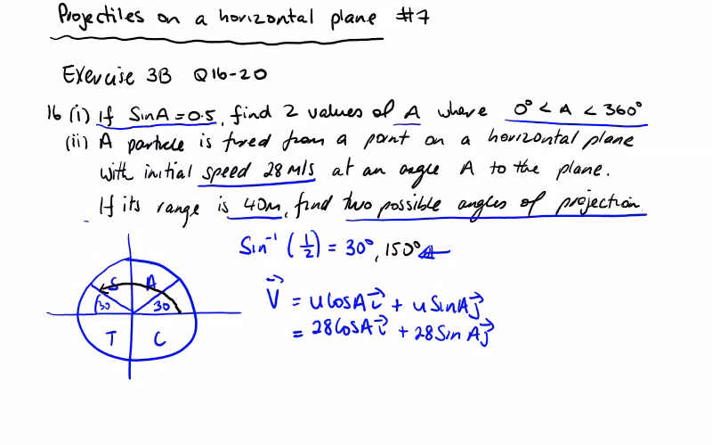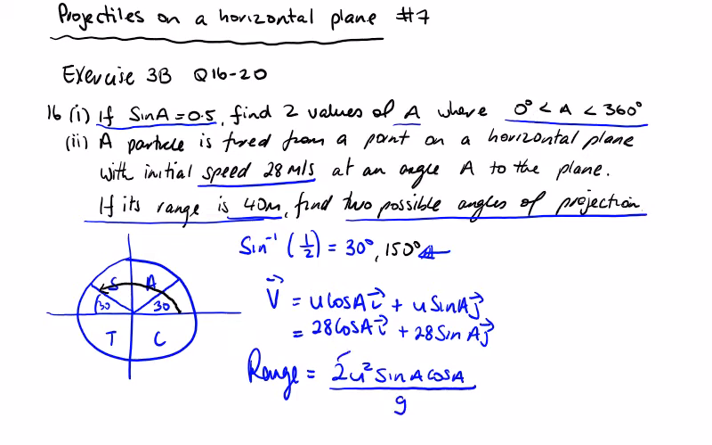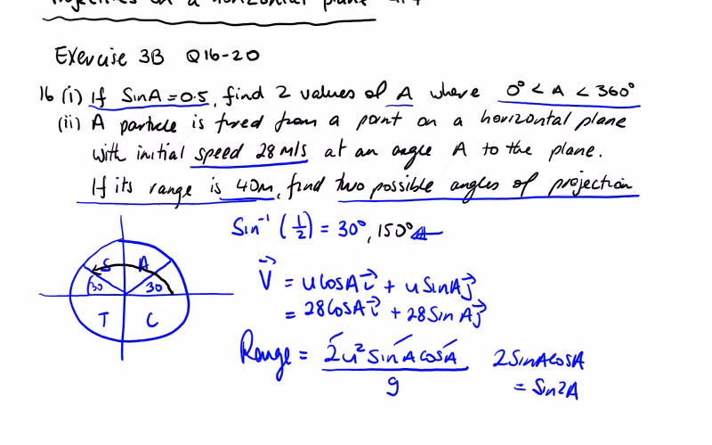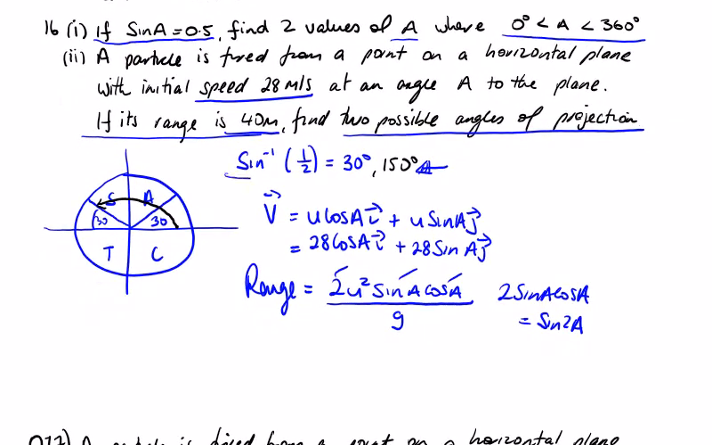And we're told the range here, so we're told s of x, and we know from previous that the range is going to be, well, there's two versions of the range. What we used in the last couple of questions, 2u squared sine alpha cos alpha over g, and 2 sine alpha cos alpha is equal to the sine of 2 alpha. So because we were dealing with sine alpha, I'd imagine that's what they're looking for here. So let's change this to sine 2 alpha